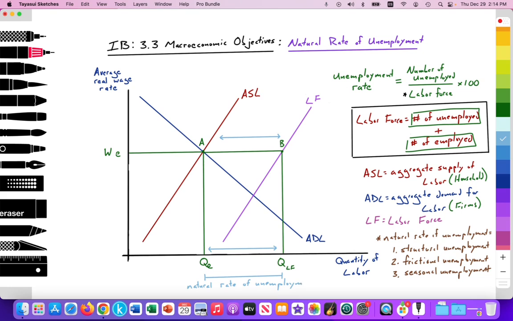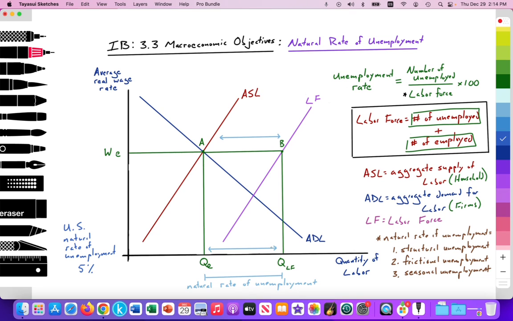Okay? And in the US, the natural rate of unemployment is about 5%. About 5%. So 5% of the labor force between QE and QLF is actively looking for a job but unable